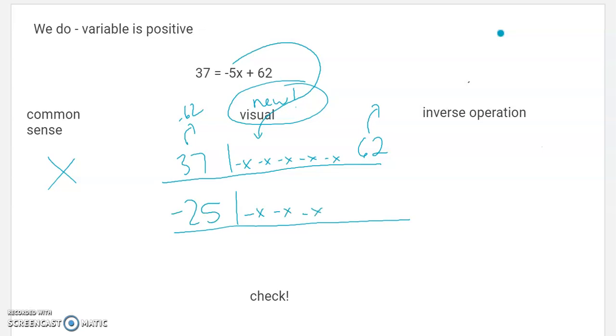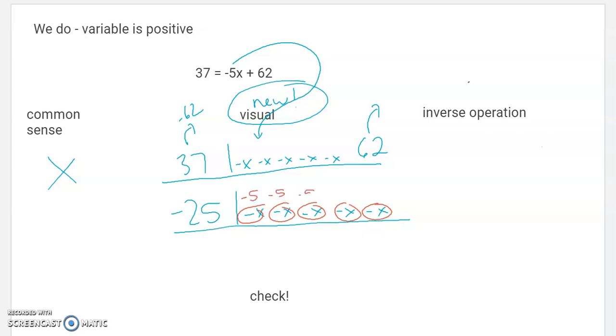Now, from here, here's the weird part. I'm not going to find x. I'm going to find the opposite of x because that's what's in my drawing. So I'm going to circle them so that I remember they're one thing. It's not negative x, it's opposite of x. They work the same, but it's easier to think of them differently. So when I do that, if those 5 things are going to add up to negative 25,